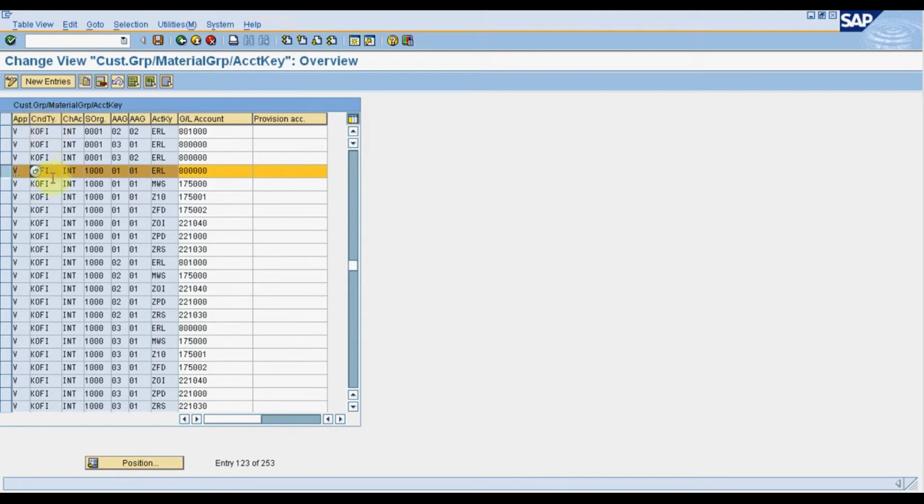This is condition type KOFI, which is a standard one. Chart of accounts is INT. Sales organization is 1000. Account assignment group of customer is 01. Account assignment group of material is 01. Account key, which is a revenue account, that is domestic revenues, is ERL, against which the GL account 8000 is